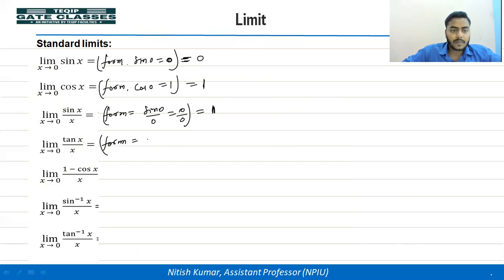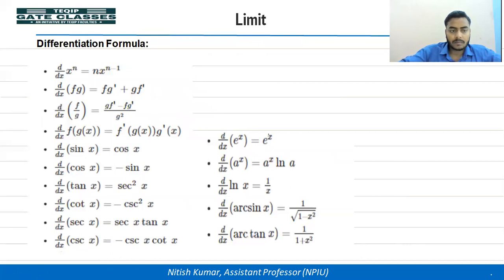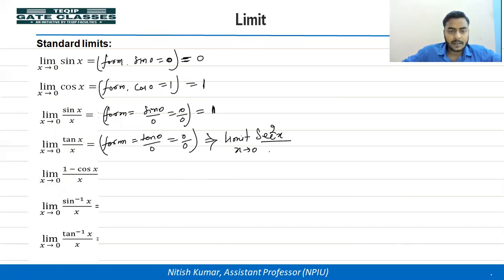Form tan 0 divided by 0. tan 0 क्या होता है 0, so 0 by 0 form. We can apply the L'Hopital rule. So L'Hopital rule apply करने के लिए क्या होगा, limit of x tends to 0 will be equal to the ratio of their derivatives. So tan का डेरिवेटिव क्या होता है, sec square x, इसमें देखो tan का दिया हुआ है, देखो यहाँ पे sec square x divided by 1. ओके, जीरो रखने पे क्या होता है, sec 0 क्या होता है 1, तो वैल्यू क्या हो जाएगा 1.